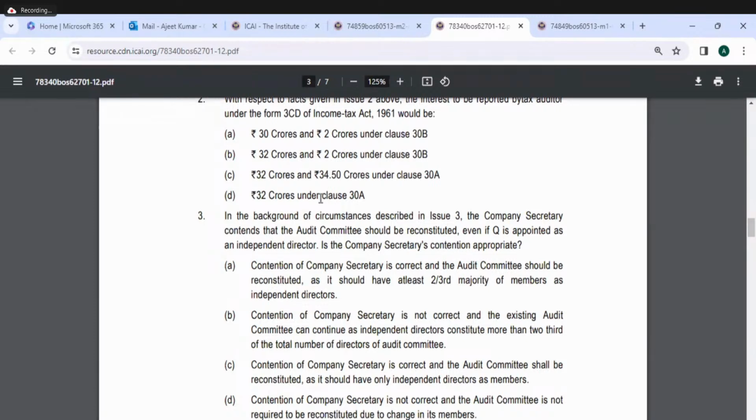Continuing with the question, even if Q is appointed as independent director. So first of all, this Q cannot be appointed as an independent director. Is the company's contention appropriate? So yes, the answer is yes. We now know that the audit committee should be reconstituted. But